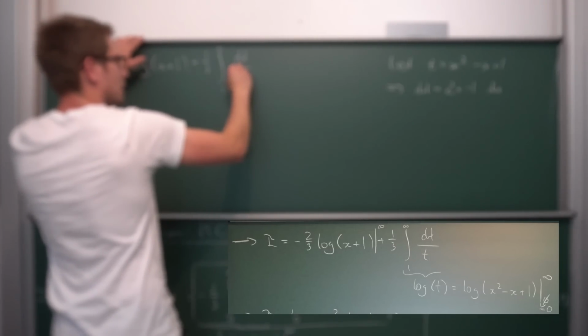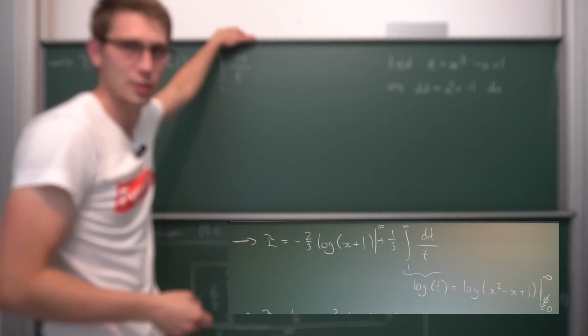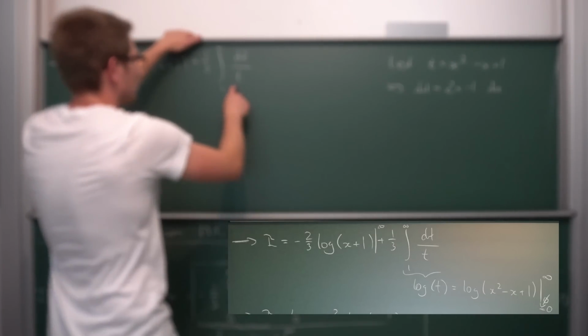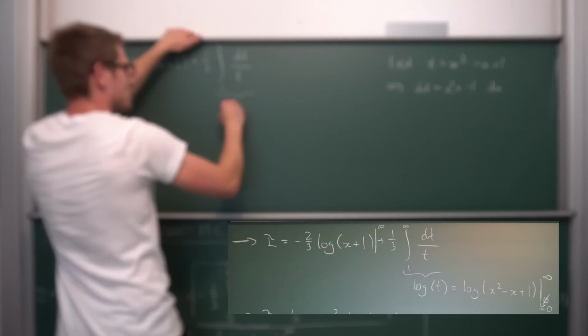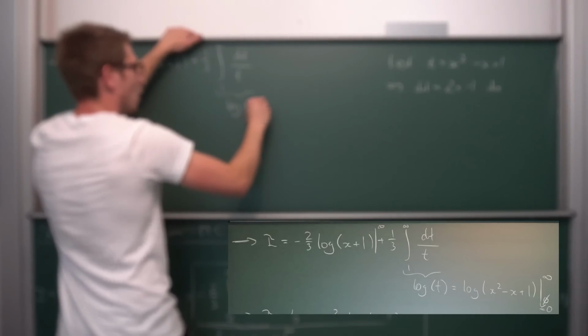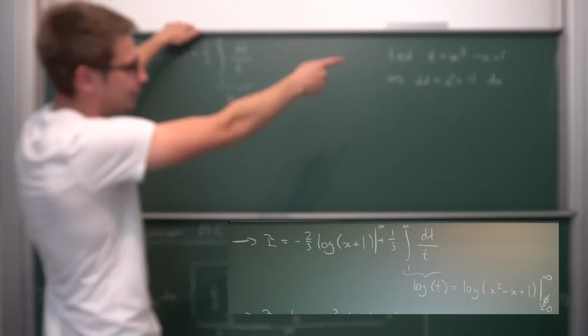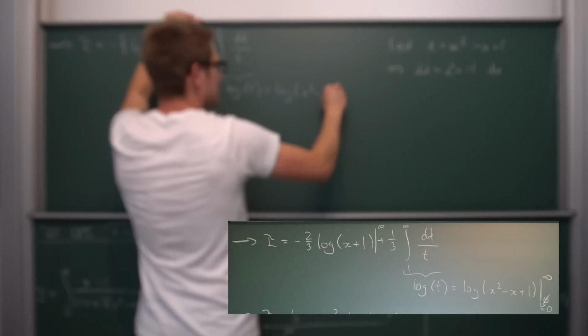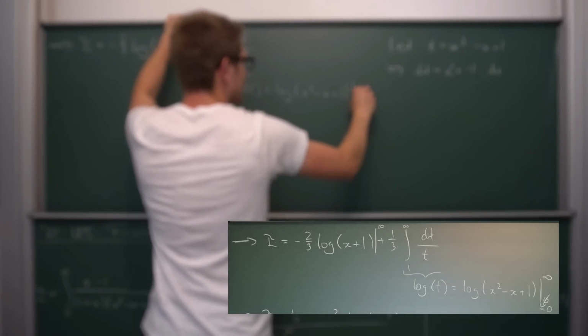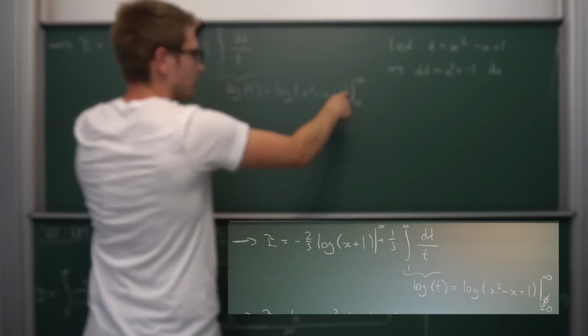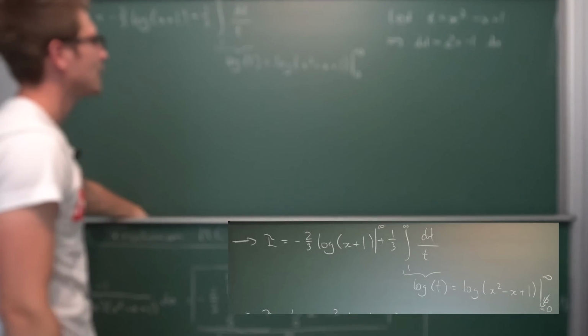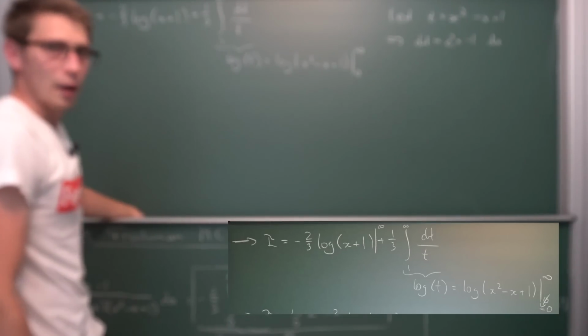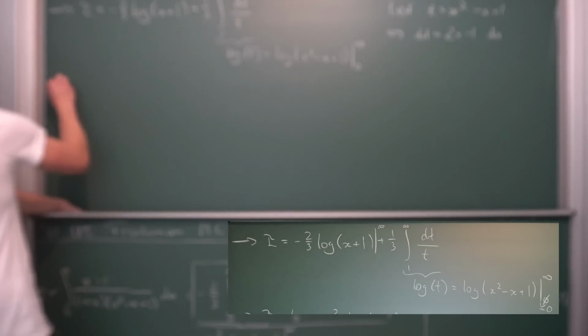dt divided by, and we introduce that the denominator is just t. That is easy. That's once again just the natural log of t. Or in other words, if we bring it back to our original form, this is just the natural log of x squared minus x plus 1. It's that easy, and all of that from 0 to infinity, since we brought it back to our original variables. Now, that is cool. What we now got is,